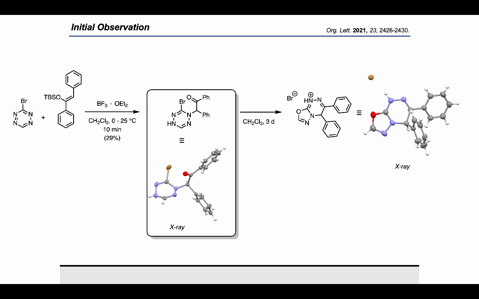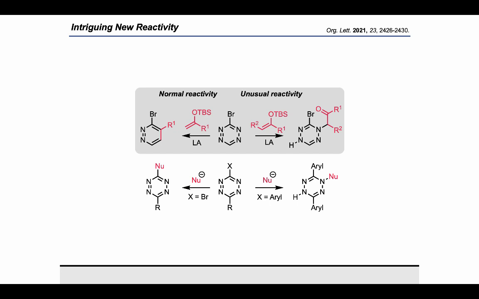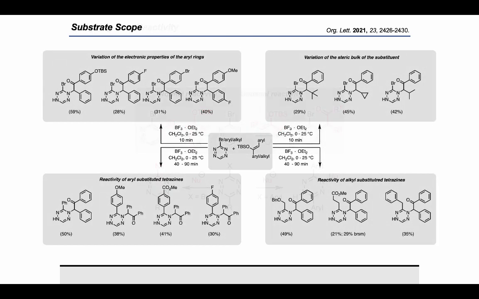is formed through a nucleophilic attack of our silyl-enol ether on the nitrogen, opposing the expected reactivity of an inverse electron demand Diels-Alder reaction. This reactivity was unknown for unsaturated systems like this and was only found before when using strong nucleophiles like Grignard reagents or organolithium reagents, opposing the normal reactivity that we would expect with a double bond delivering the pyridazine. We were then intrigued to investigate the substrate scope of this reaction, first varying the electronic properties